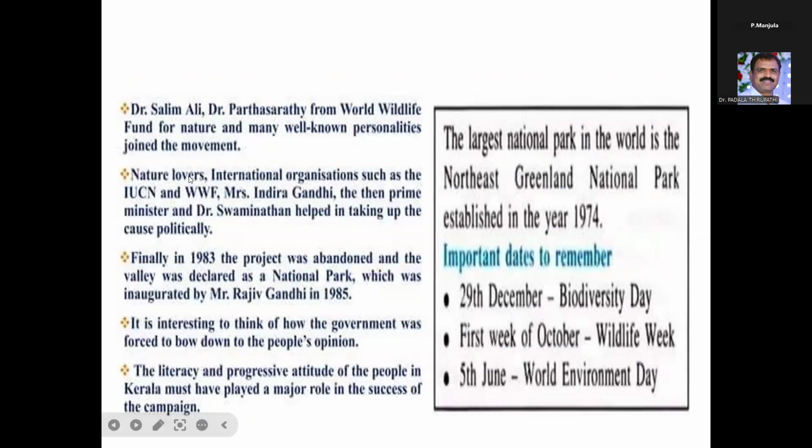Finally, Dr. Salim Ali and Dr. Parthasarathy from the World Wildlife Fund for Nature, and many well-known personalities joined the movement to stop the construction of the dam. Nature lovers and international organizations such as the IUCN and WWF, Mrs. Indira Gandhi, the Prime Minister, and Dr. Swaminathan also helped in taking up the cause politically. Finally, in 1983, the project was abandoned, and the valley was declared a national park,